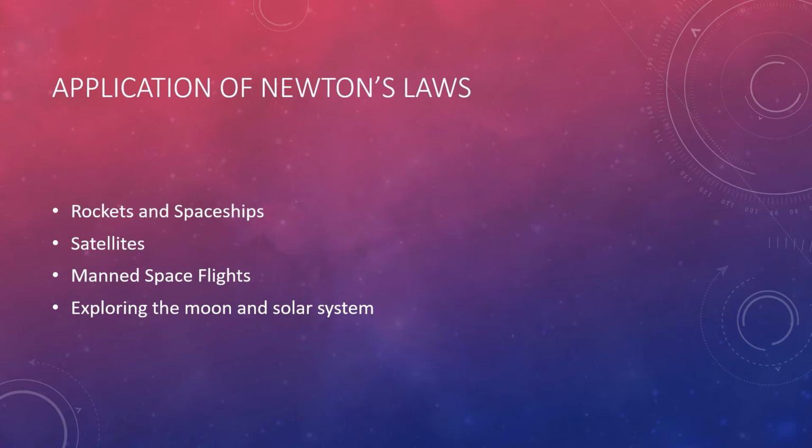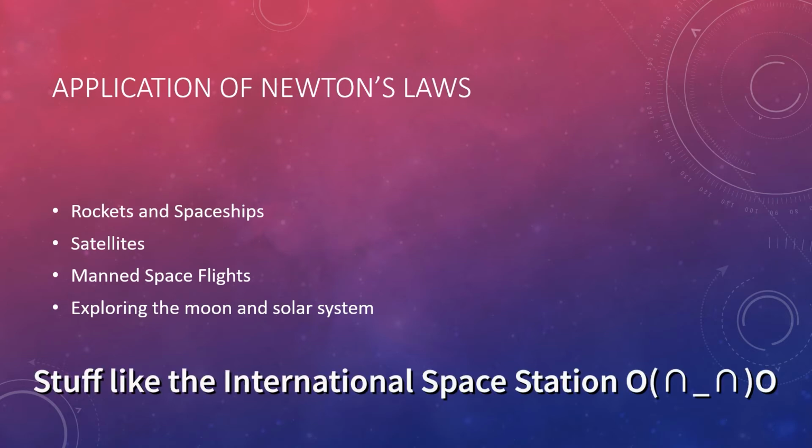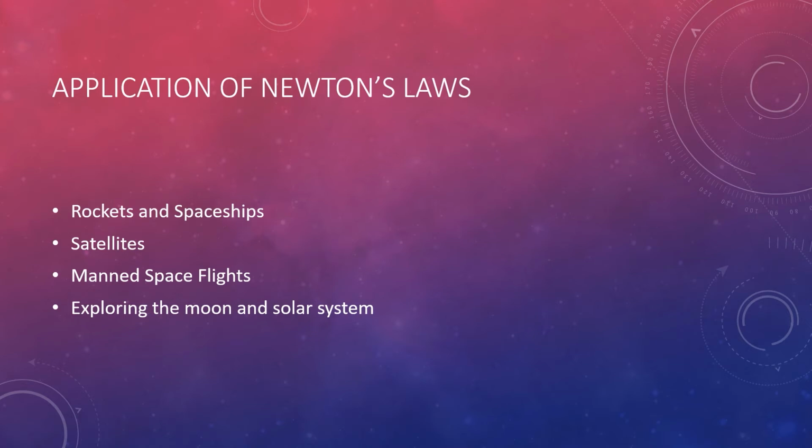When it passes through and manages to get into the upper atmosphere, beyond the effect of gravity to the point where it can orbit around the Earth or go further, you have done your calculations properly and managed to get your force to be greater, your escape velocity met or exceeded. This is how we've managed to start exploring the moon. This is how we've started exploring our own solar system. This is why we are able to have satellites up in space, because of his laws.